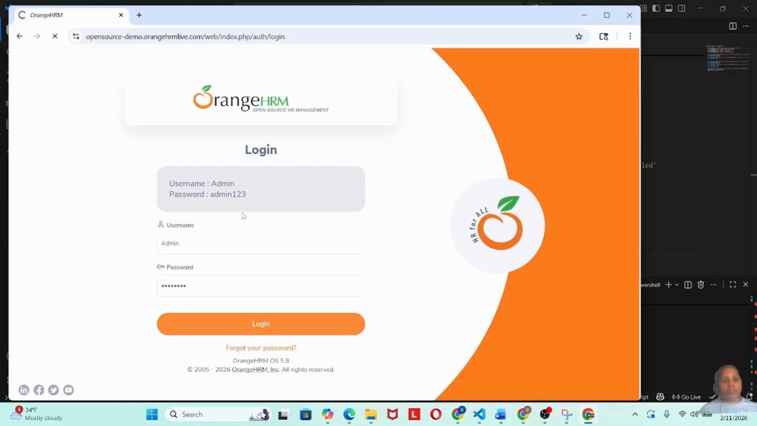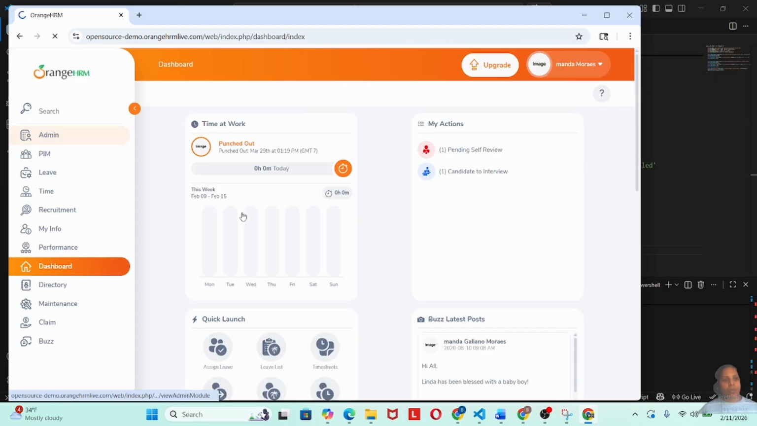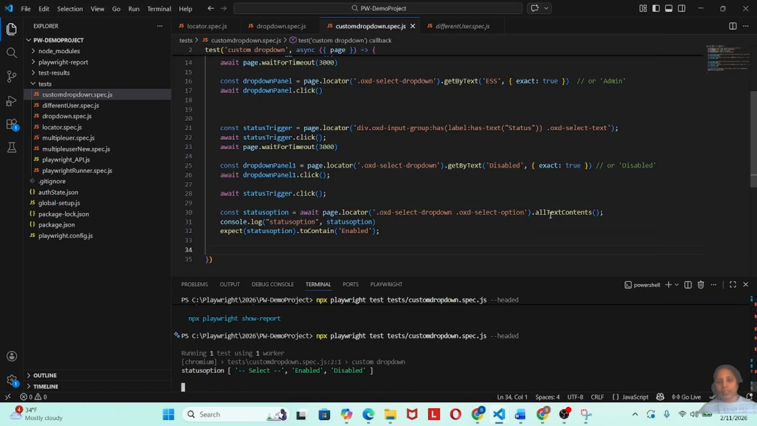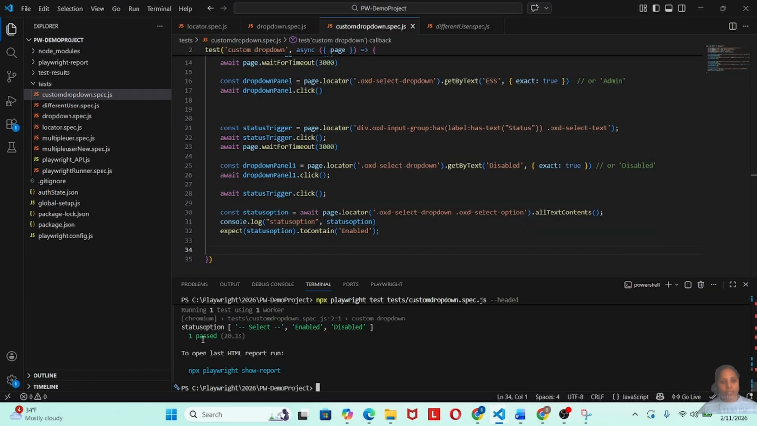Okay, the browser is launched and it has been logged in, and it's clicking on the admin page. Okay, yeah, the CSS is selected and here disabled is selected, and now you can see the status option. It is showing all the options available here. We have used allTextContents and we have stored all the values in the status option array, and it is showing up. And this assertion has also passed. If you want, we can refer to the